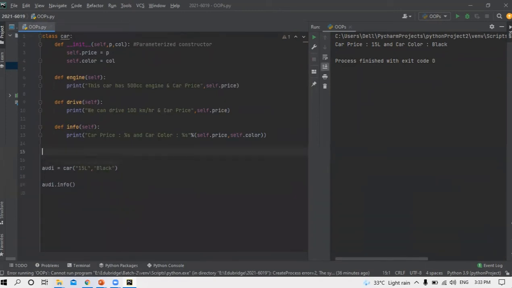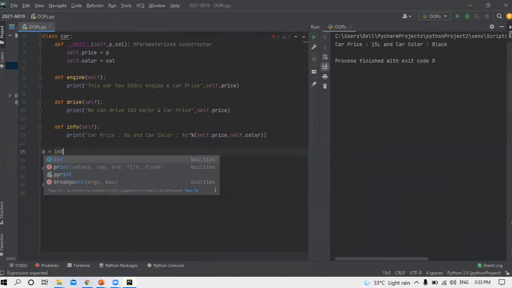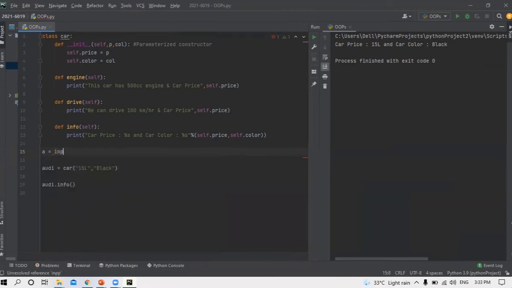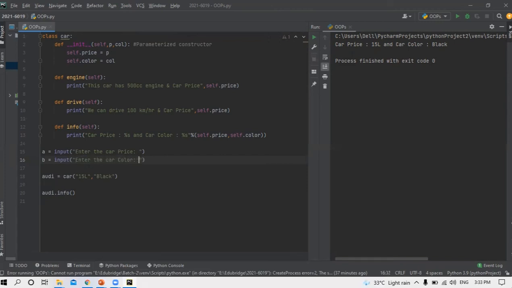In case you want it as user input, is it possible? Yes, it's possible. So let me create a variable a equal to input, enter the car price, and the second one, b is equal to input, enter the car color.